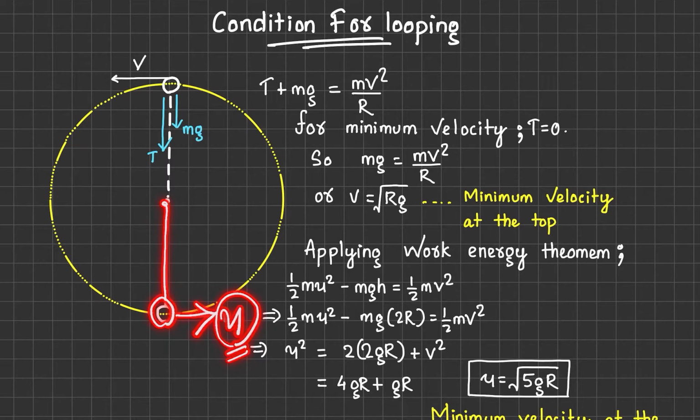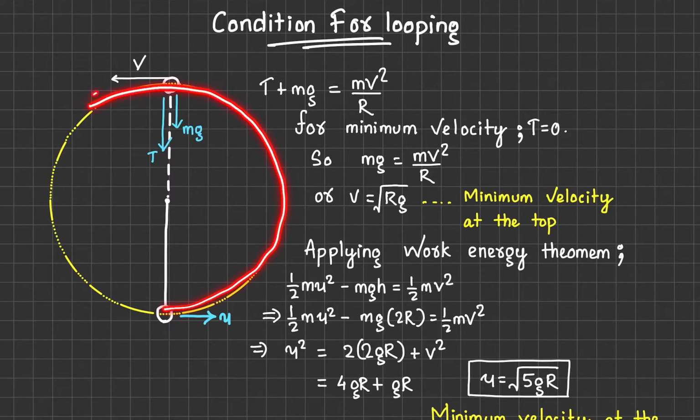Now we need to know what should be the velocity. We can notice if we give it a very small velocity, then it will only oscillate, doing a to and fro motion in a very small region. It will not cover the circle. It needs some velocity so that it can move in a complete circular motion. So let's see what that condition might be. First of all, if the object is to cover a circular motion, then at each point the net force acting on the body should be able to provide the necessary centripetal force.